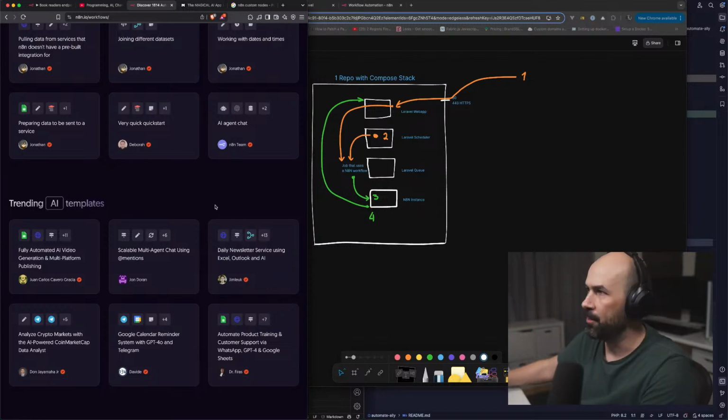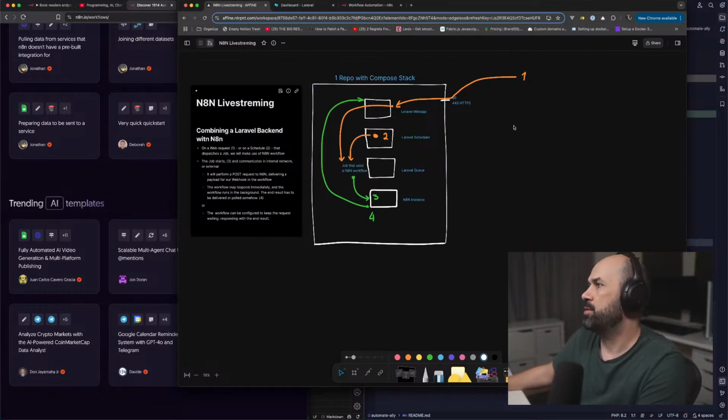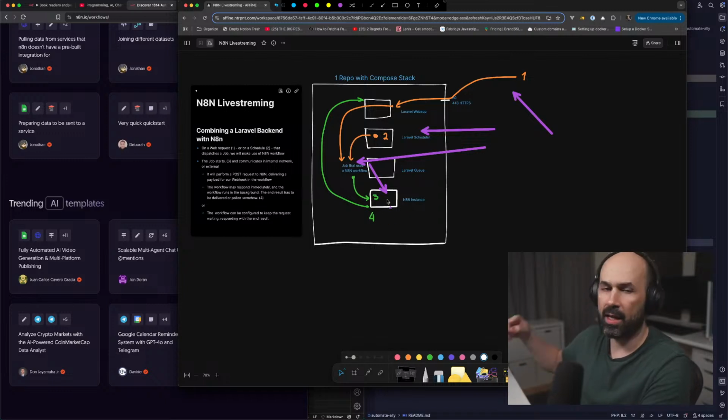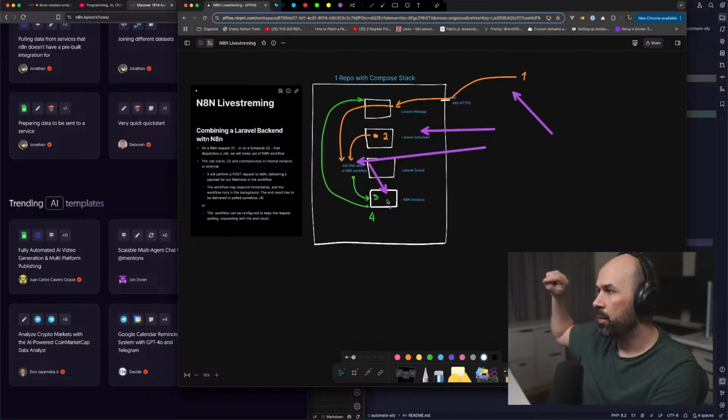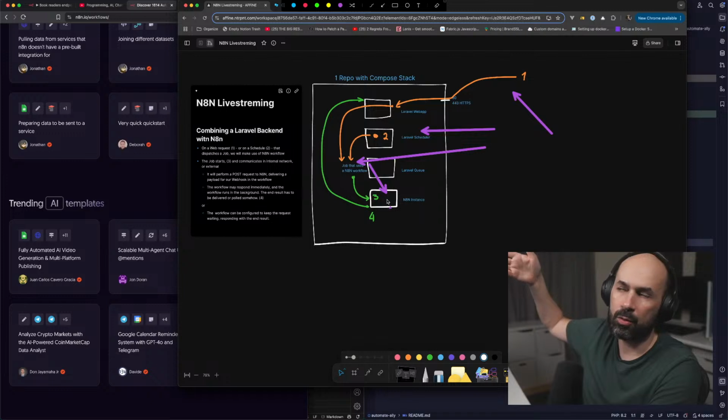Whoa, it's insane. And what we're doing is we are combining that with a Laravel application. So with a web request or a scheduler, for example, we can dispatch a job that will hit the instance, and from there we can get an immediate response, or N8N will deliver the response over the private network, for example, or even not private.